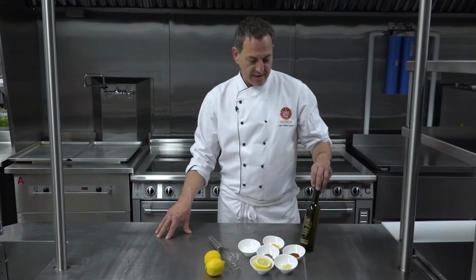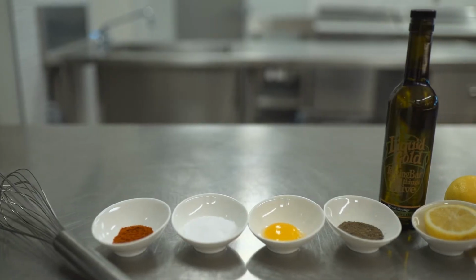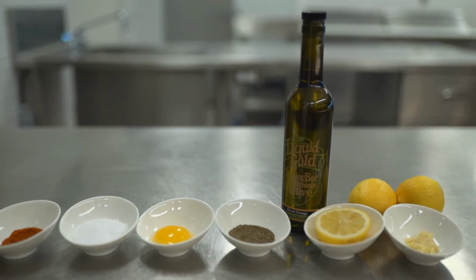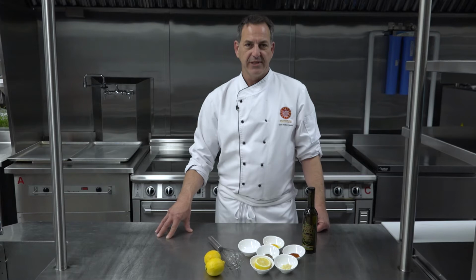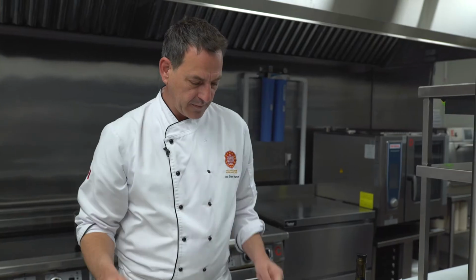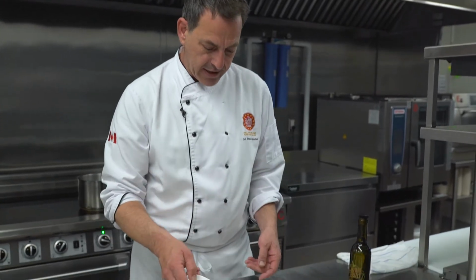Today we're making blood orange aioli. We've got some blood orange infused olive oil from Liquid Gold. We're going to use that, an egg, a little bit of lemon, garlic. It's going to go great with fish, vegetables, spread on a sandwich. Very easy to make. Okay, for the aioli we're going to start with an egg yolk,